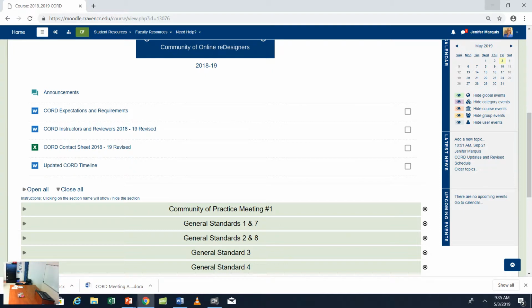All right, so today we're talking about instructional materials, which is General Standard 4. The instructional materials enable learners to achieve the stated learning objectives or competencies. So the overview statement: the focus of this standard is on supporting the course objectives and competencies rather than on qualitative judgments about the instructional materials. Okay, so what we're looking for is not really necessarily the quality of your instructional materials, but that they are focused on the objectives, right? They're supporting those objectives. Quality's good too though, but that's really what we'll be looking at. And 4.1 is obviously a 3-point standard. It's an alignment standard. The instructional materials contribute to the achievement of the stated learning objectives or competencies.